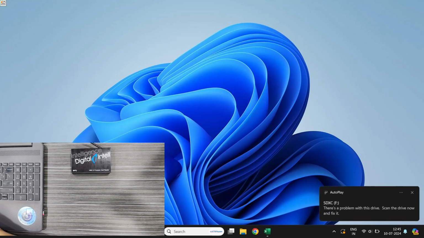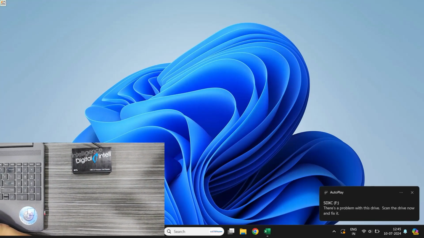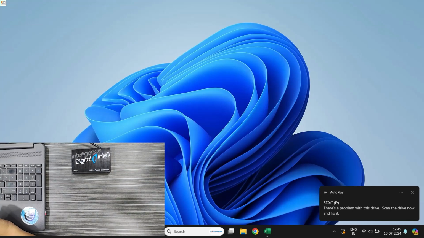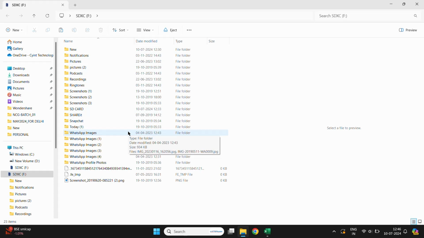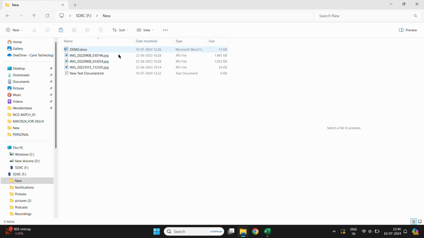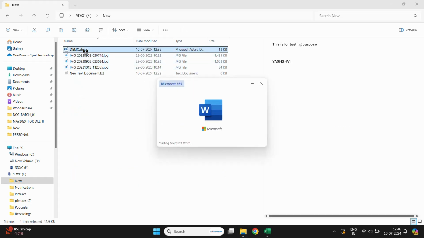As you can see, I'm connecting this SD card to the SD adapter. Now when I open this particular drive, I see so many files and folders in this drive. I've already made the case demo for you, so I'll be clicking on the new folder. There's a demo Word document for you.